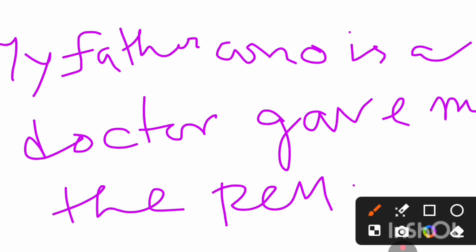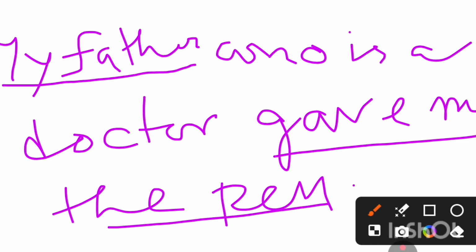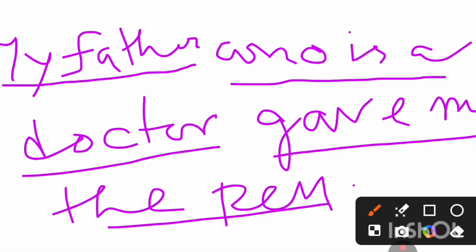Now look at this. Here we have written "my father," this is the subject, and "gave me the pen" is the predicate of the subject. That means it is the principal clause. And "who is a doctor." Friends, if you write it without commas, it will carry the meaning that I have more than one father. But biologically, it is not possible, you know it. So obviously, "who is a doctor" is extra information, and you have to separate it. Otherwise, it will carry the meaning that you have more than one father,